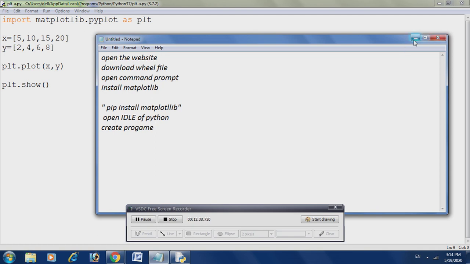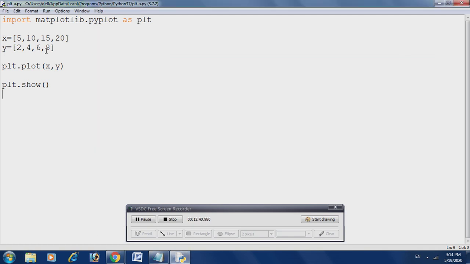In the program we will import matplotlib.pyplot as plt. plt is the alias name of pyplot. Pyplot is a sub library of matplotlib. The function used to create a line graph is the plot method. Okay, this plot function requires 2 arguments. This is x and y.